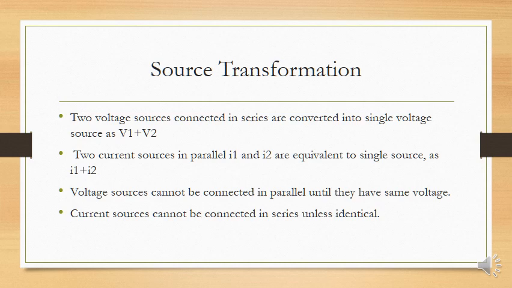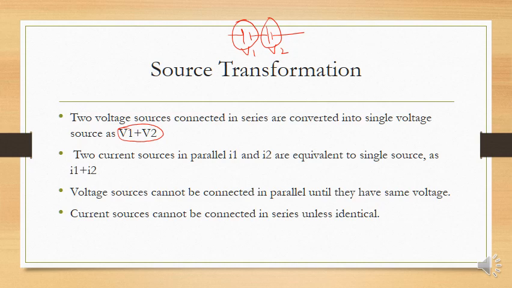Now, before starting our network equations, we first know a few things. If our two voltage sources V1 and V2 are connected in series with each other like this, and this is V1 and this is V2, then we are just going to add them, but the addition operation must consider their polarity. If they have same polarity, then same sign. If they have different polarities, then negative sign.